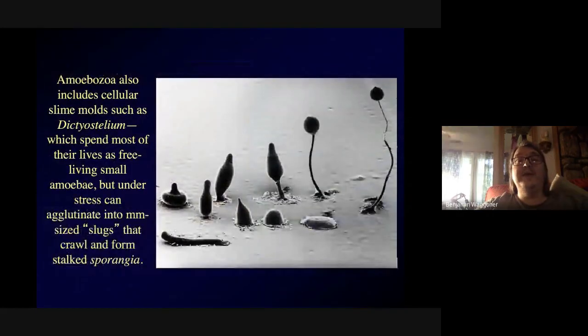And then the cellular slime molds, like Dictyostelium, their members spend most of the time as very small free-living amoebas, crawling around and eating bacteria and actually picking up and carrying bacteria inside them. If you know Dr. Hazelcorn, she specializes in these, and she's a good person to work with, by the way. And she works on the bacteria that are found inside Dictyostelium cells and what they do.